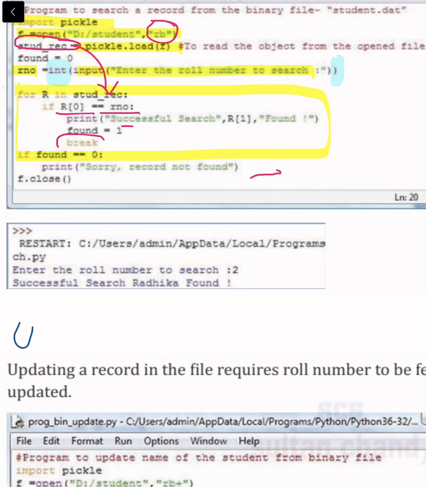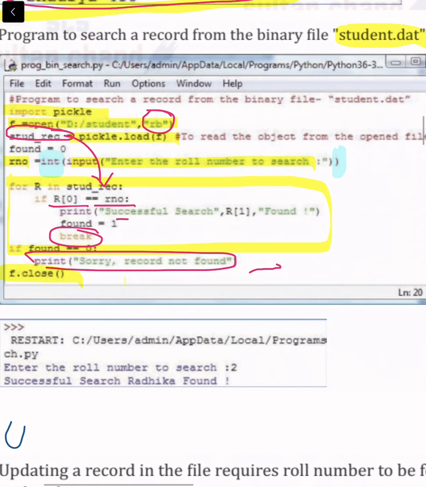As soon as it finds that roll number, it will break, meaning it will come out of this loop. If found equals 0, meaning it has not been found, then it will print the statement, sorry, record not found. And once all this is done, we will close the file. So in this, to search a record, the most important thing is first to read the binary file.